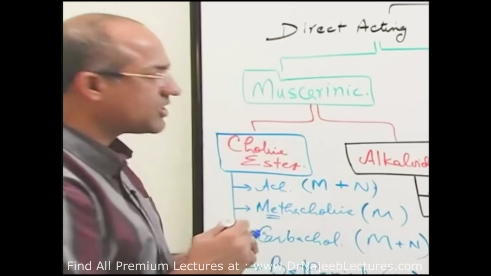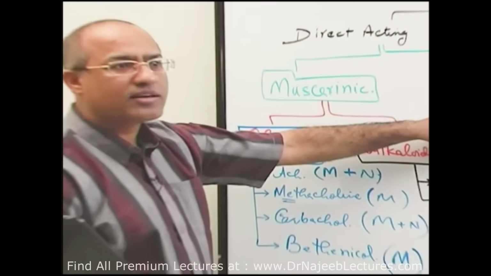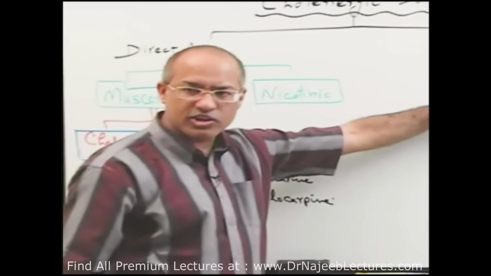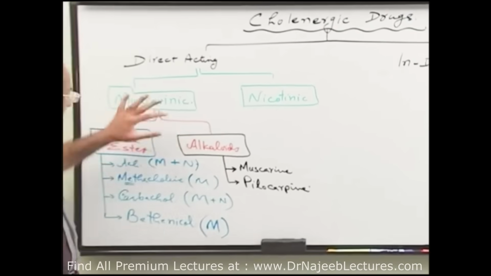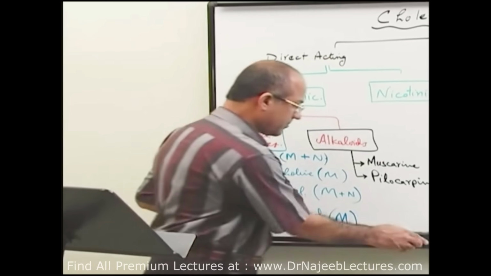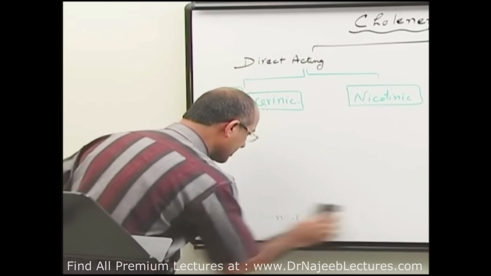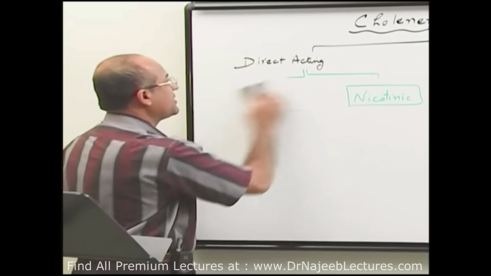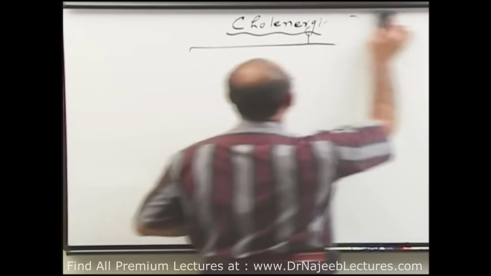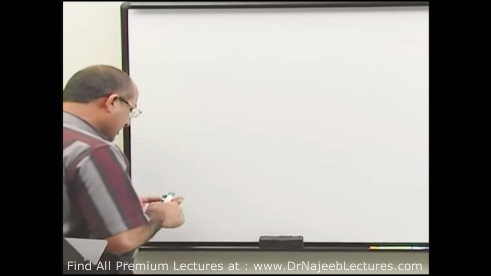We will discuss them in detail now, right? And nicotinic drugs, we will study them with the CNS stimulants. And indirect acting cholinergic drugs, we will discuss after discussing these drugs, right? So let's go into detail of these drugs. Because you have a very good foundation about cholinergic system, now this lecture is going to be dangerously easy. Too much easy. Let's start one by one.